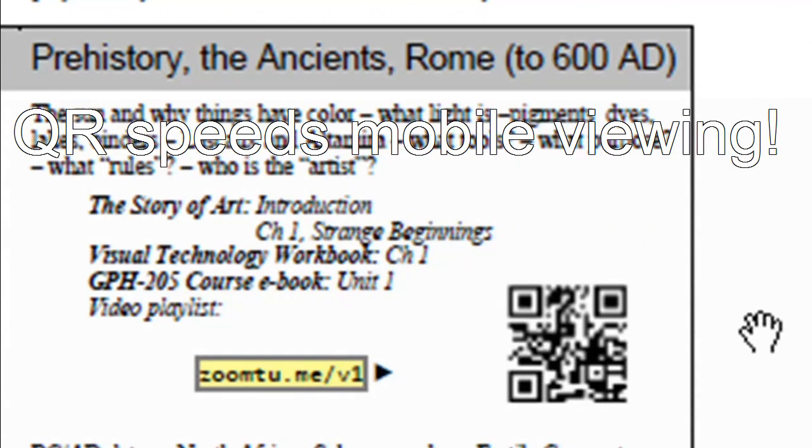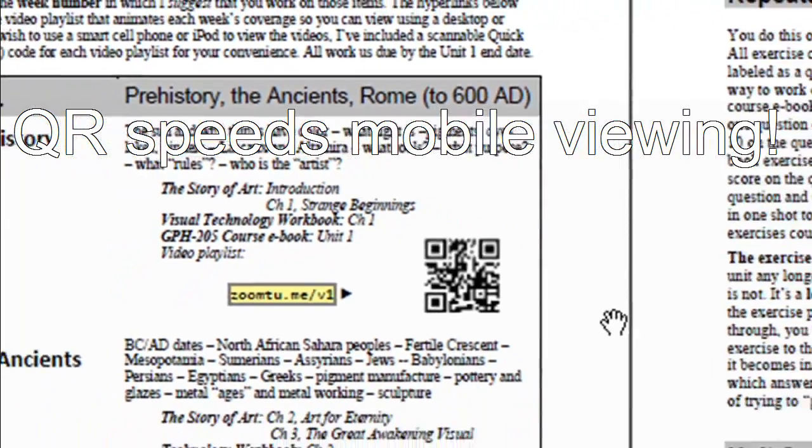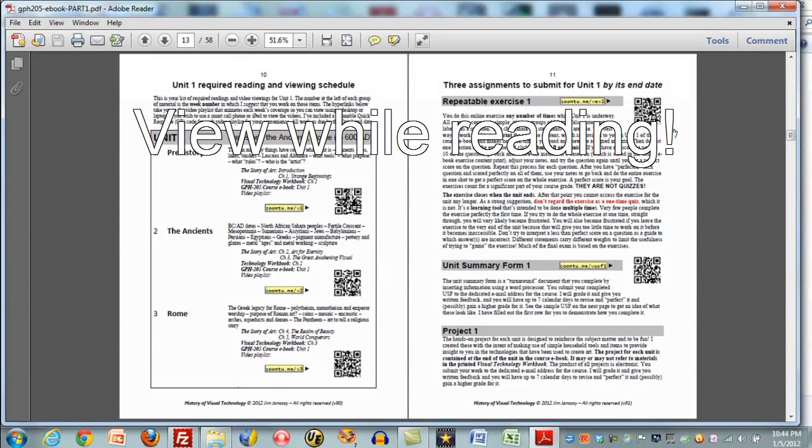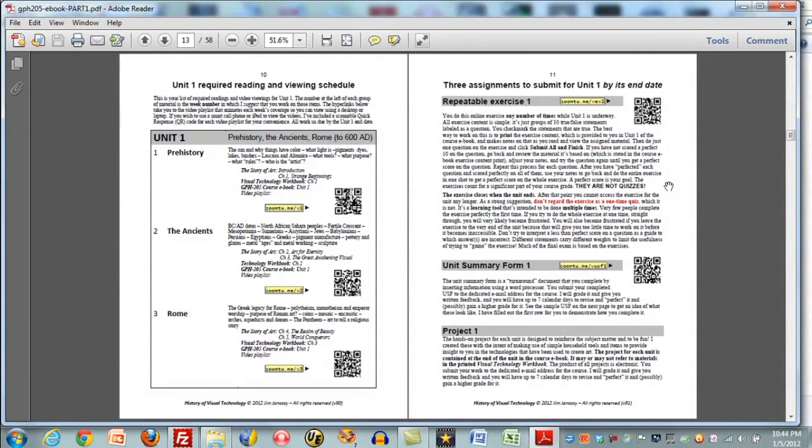So in the future, what I envision happening, since so many people have these smart devices, these mobile devices, you could have this workbook as a printed workbook, not very expensive because it's all black and white. If you then were reading a page where a lecture was present to help explain the material, by way of this quick response code, you could quickly watch the related video on your mobile device at the time that you're looking at this page. And that's about as close as I can come to a classroom experience, but even better,